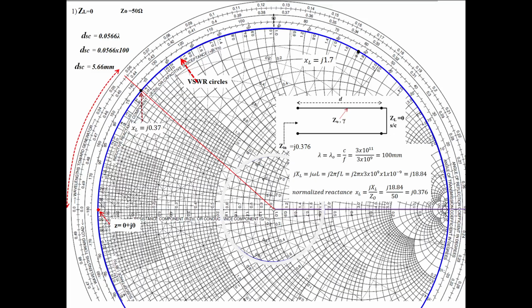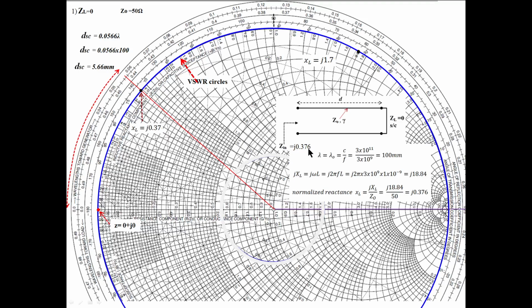0.376 is the reactance value I wanted here. You stop whenever the reactance value is this value. So I started from here and go on moving. This is the 0.1 reactance circle. This is the 0.2 reactance circle. See, 0.2. This is not a reactance value, this is a susceptance value. So you should take the value written outside of the circle. So it is 0.2. This is the 0.3 reactance circle.